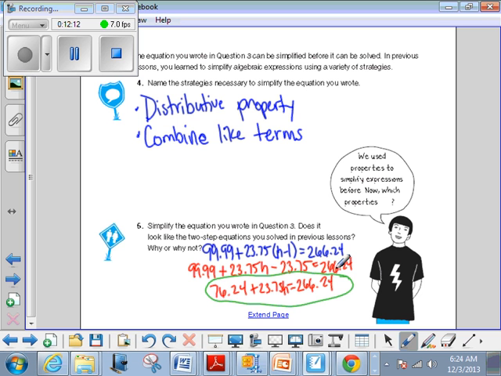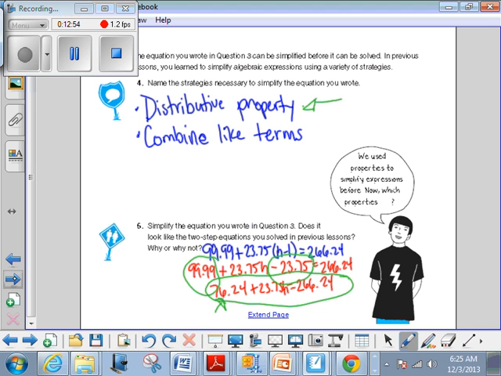Okay, so again, we use these two steps up here. I used the distributive property. 23.75 times h gives me 23.75h, minus, because I have my minus sign there, 23.75 times 1, which is 23.75. I then combined my like terms, so I subtracted 23.75 from 99.99, and that gave me my 76.24. Okay, so looking at the next problem, it tells us to solve your equation from question 5,